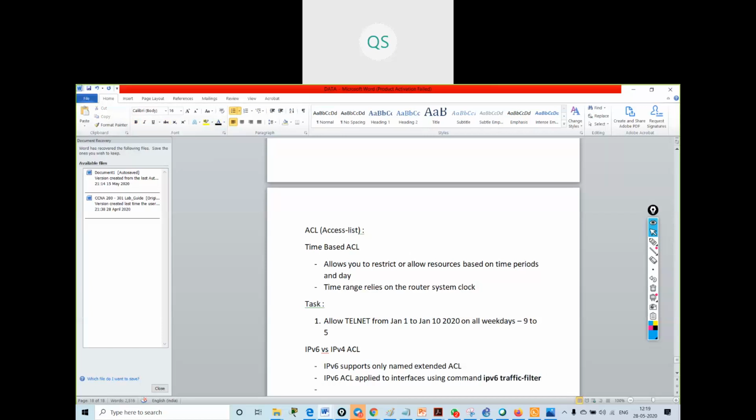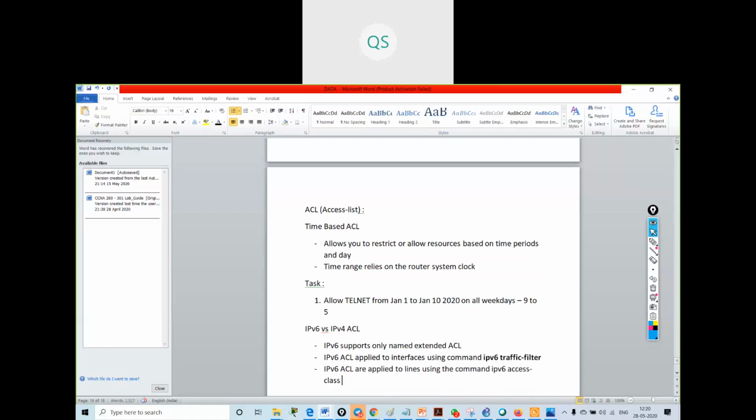Then what is the difference? IPv6 ACLs are applied to lines using the command ipv6 access-class.